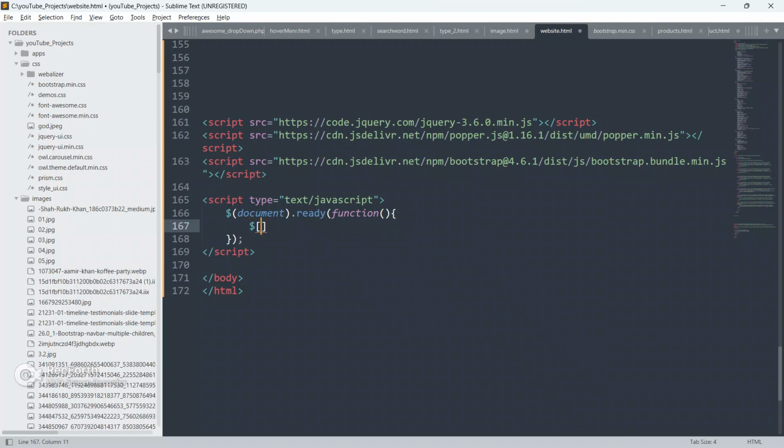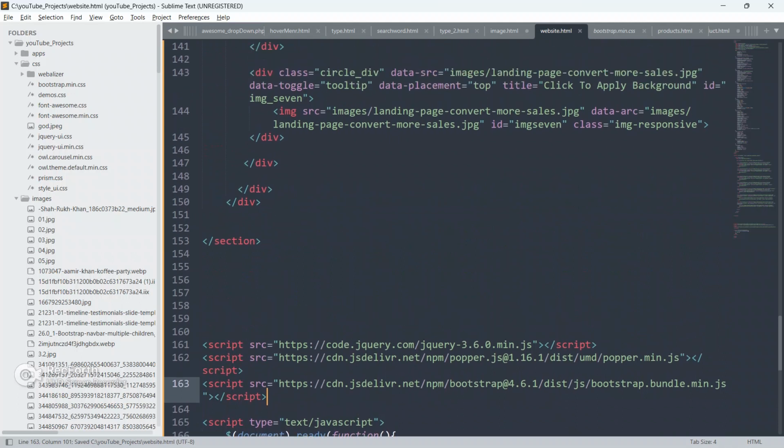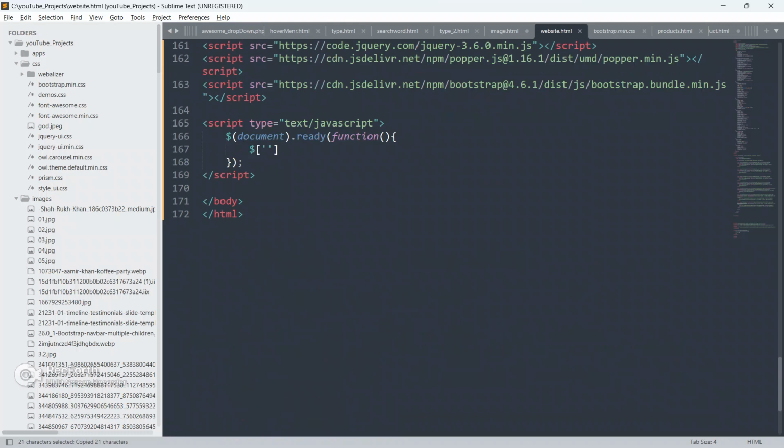Copy this data toggle and paste it here, and initialize tooltip.